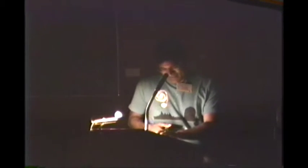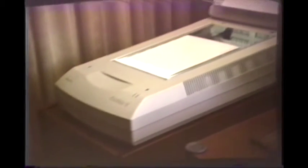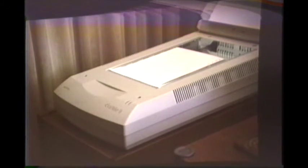Anyway, I don't really want to talk too much about the camera and telescope. The point of the talk is how you use the computer. So I'll explain to you now how you use the computer. Well, you have your negatives. You make prints from your negatives. I usually make 8x10 prints, and then